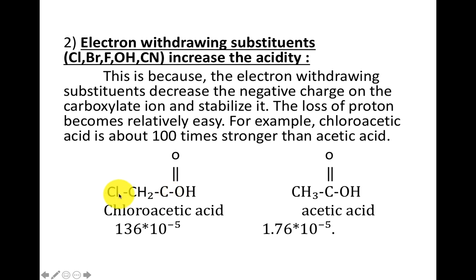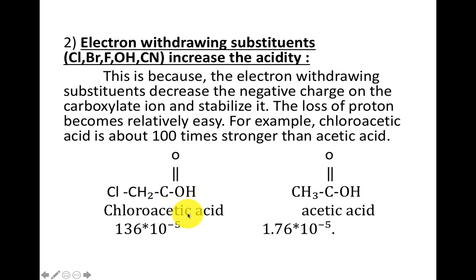See, here chlorine is present. Since it is withdrawing the electron towards itself, the positive charge on this carbon will be more. So, it can easily accept the proton from this hydrogen, and this hydrogen is getting eliminated as the H plus ions. Understood? Electrons are easily accepted by this carbon. So, this carbon will be negative in charge and this proton is getting eliminated in the form of proton. So, if electron withdrawing groups are present, the acidity will be increased.